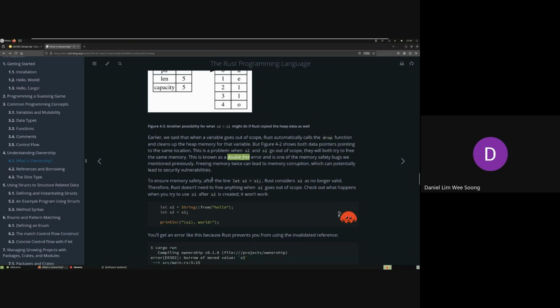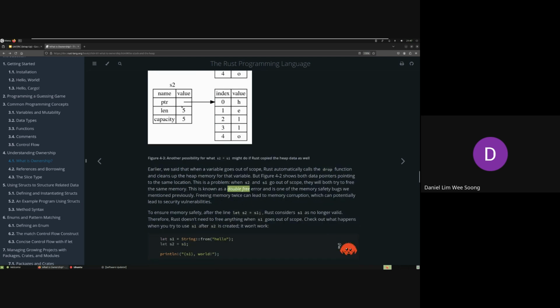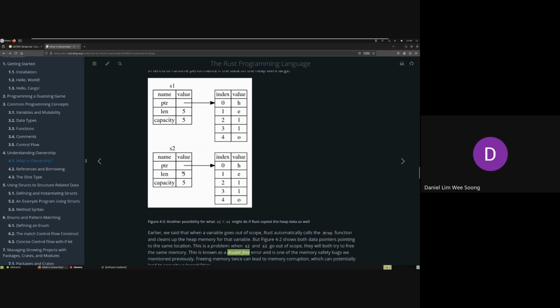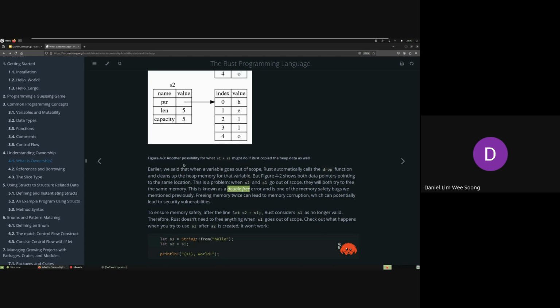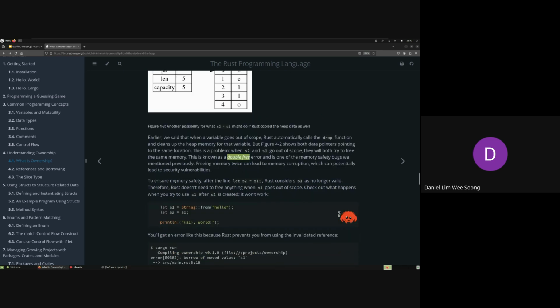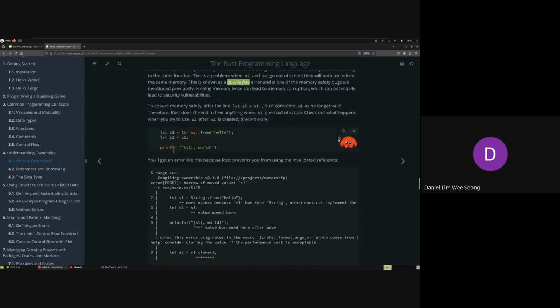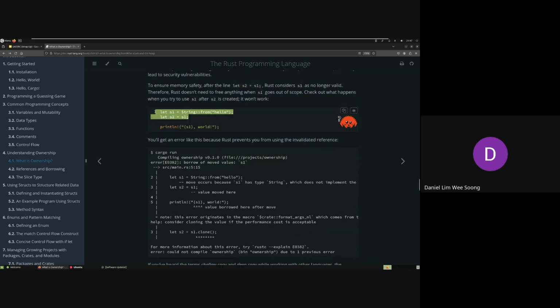So Rust wants to make things simple. They don't want to check if two point to the same memory because that might be quite complicated and a lot of unnecessary checks. So they have this rule. They don't allow you to do this at all because